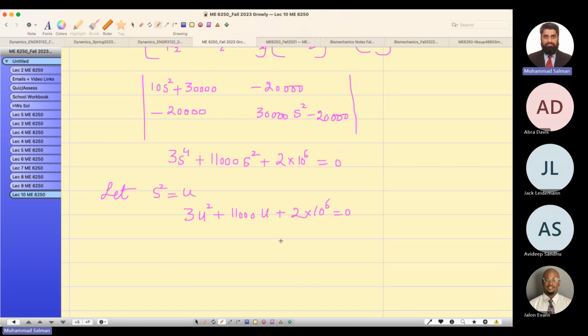If you go in MATLAB, I can show you in MATLAB: 3, 11,000. So the roots of this: 3, 11,000, and what else? 2 to the 10 to the 6. So 2e to the 6. Yes. So I get